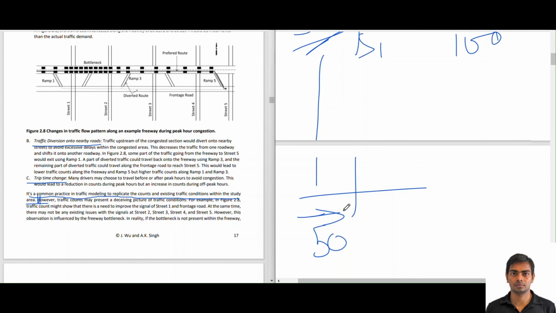Usually what we do is we go and look at the counts, look at the travel time, look at the queue, and we try to match what is happening in reality with the simulation. But it may happen that what we are observing during peak hour is kind of temporary or distorted, and ideally we are looking to simulate or understand the hidden relationship or hidden travel patterns and not the distorted part of it. So